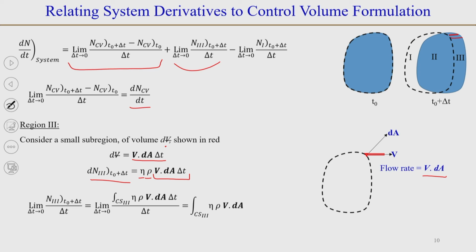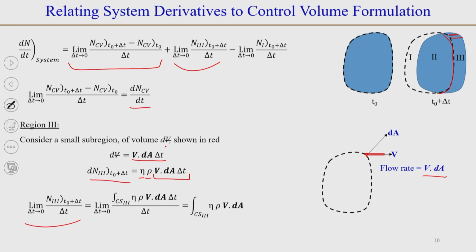So, if we integrate over this entire boundary, what we call control surface 3, that is the boundary that intersects between the control volume and the system, then over this control surface 3 we have eta rho V dot dA delta t divided by delta t. And delta t is a small time which is constant, or independent of this control surface boundary. So, delta t will cancel out,